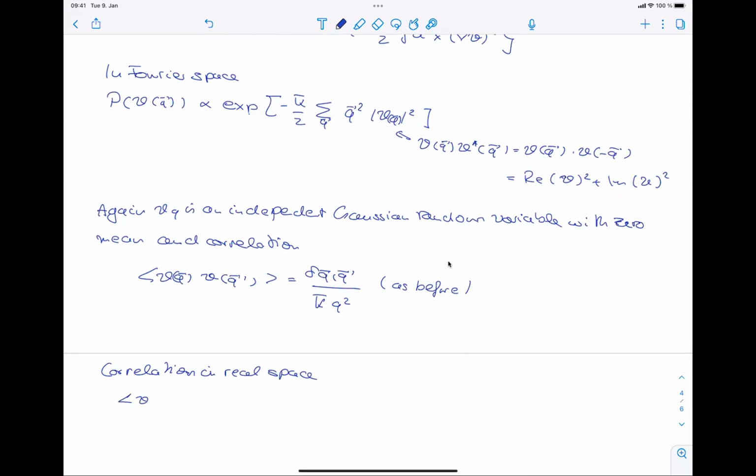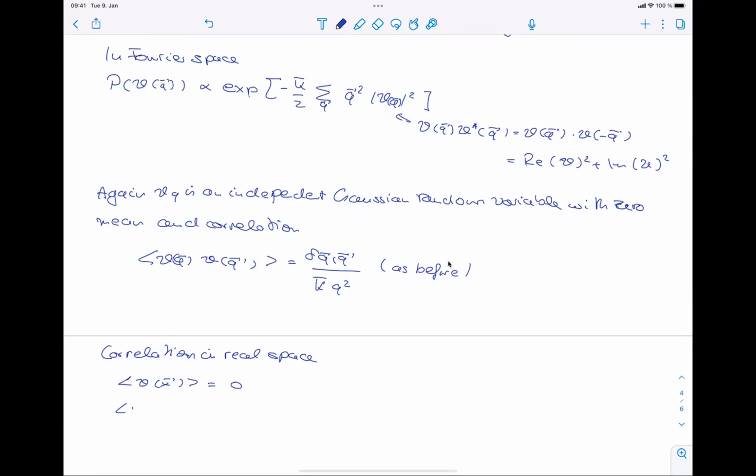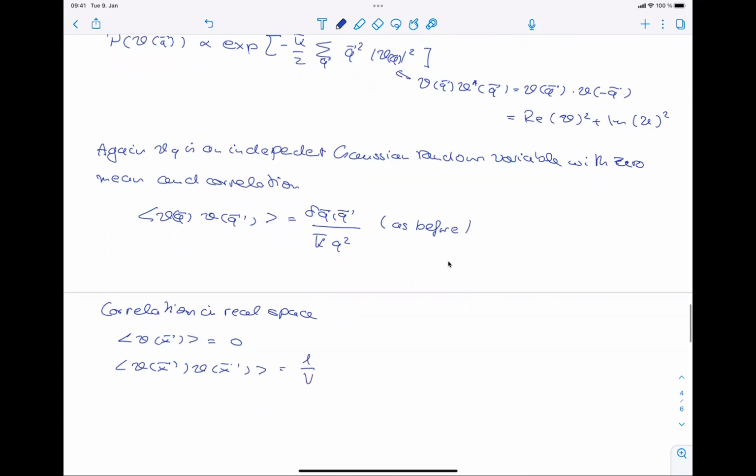So we know that the average, the mean is zero. So the random variable was zero mean. And the correlations are theta x, theta x prime, and 1 over v, summing over q prime, e to the i q x, e to the i q prime x prime,